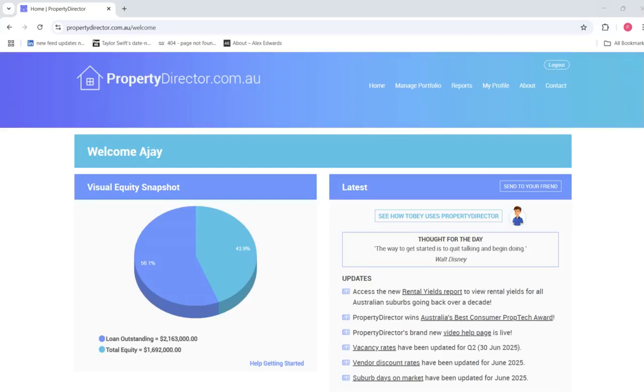Advantages that PropertyDirector provides is the flexibility it gives to different types of investors. Although most of our investors own individual investment properties as part of their portfolio, we've got high-profile investors who use the platform who own blocks of units and commercial units, and they use PropertyDirector to track all of those types of properties as well. For this example, we'll show you how to add a block of units to their portfolio